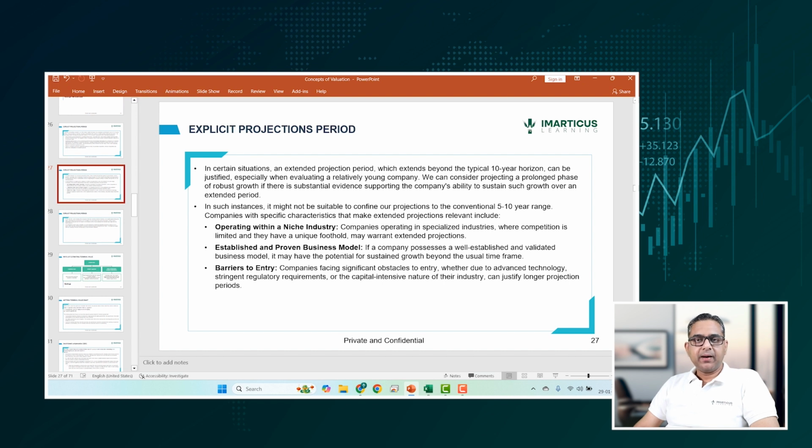Operating within a niche industry, established and proven business model, barriers to entry. So, we have some examples, like we can say Zomato, Paytm, these new age tech businesses. These are relatively new from the Indian perspective. These are good, solid tech businesses, and there is not that much penetration. So they have a relatively clear runway for a few more years, and then obviously maybe more competitors will come in, or their scale will become so large that they cannot grow at a higher rate. But definitely for such businesses, we can expect a higher growth rate for more than 10 years, and then we can expect them to stabilize at a constant long-term growth